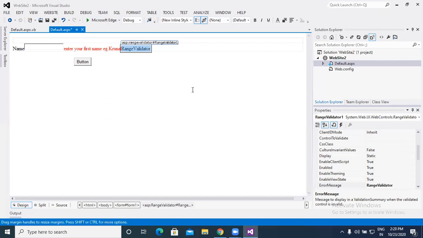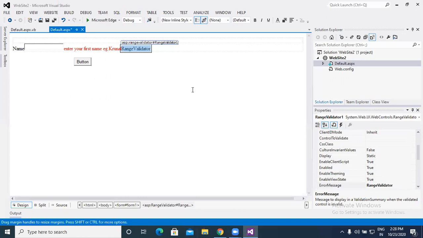That is the concept of the range validator. And sometimes we accept 6 characters, or a minimum of 8 characters. So we can set the range between 0 to 8, 0 to 9 or 0 to 10, and it accepts values in between. So that is the concept of the range validator.